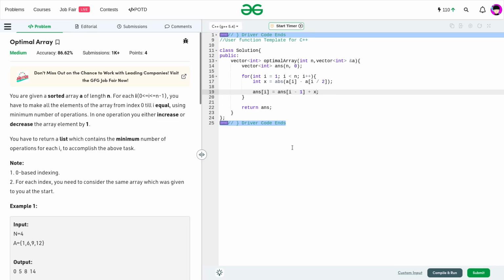So in this video, we're going to discuss the Geeks for Geeks problem of the day, and today's problem is Optimal Array, and it is a medium level problem. The problem statement says that we have been given a sorted array. We have to note that this particular information is very important, that the given input array is already sorted, of length n. Right now, what we have to do is print some answers for each index